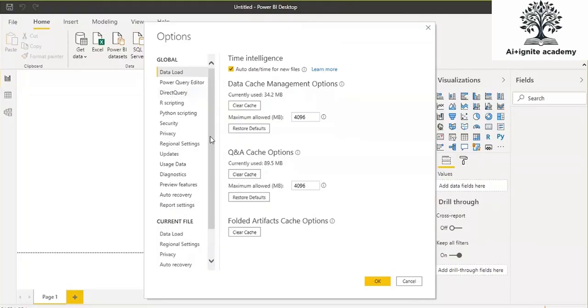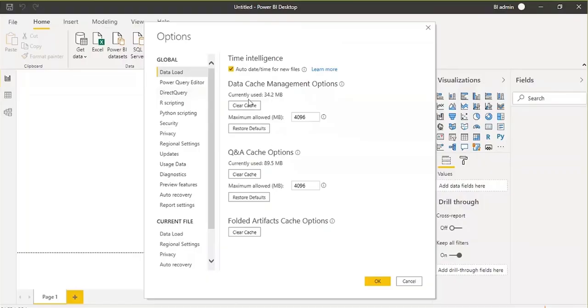One common thing is that from time to time you have to clear your cache. Otherwise, what will happen? When you create reports in Power BI desktop, the reports, data models and temporary files will be created in the Power BI desktop temporary folder, in its temporary directory. If you see here, the current used cache is 34 MB, and the maximum cache is 4 GB. Sometimes, although Power BI desktop automatically clears the cache, in some cases, let's say your organization does not allow any tool or application to make any change or delete anything from the cache automatically, then you have to come here.